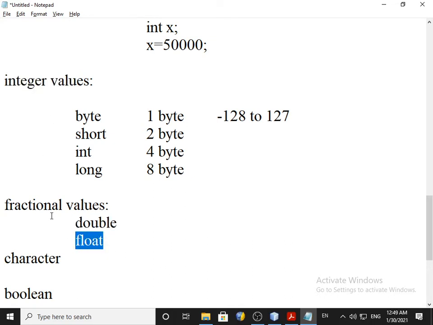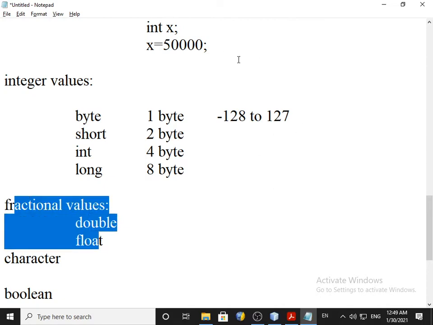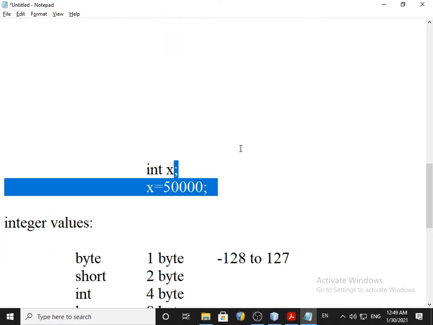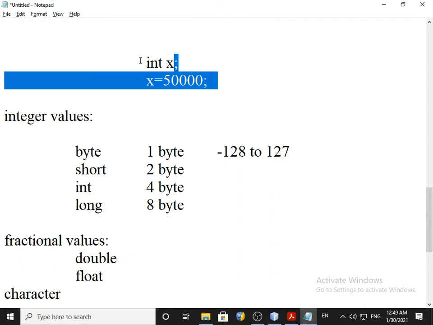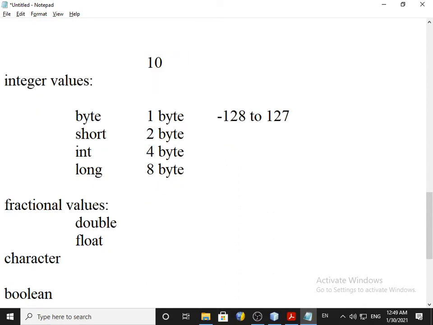Before we go for fractional values, I want to clarify that if I don't say anything, for example if I write 10, then it comes in byte also, short also, int also and long also, as far as range is concerned.